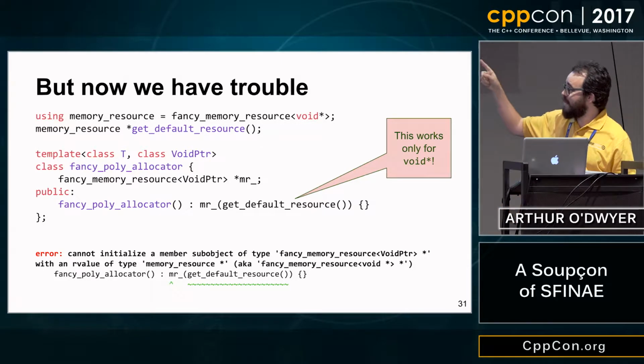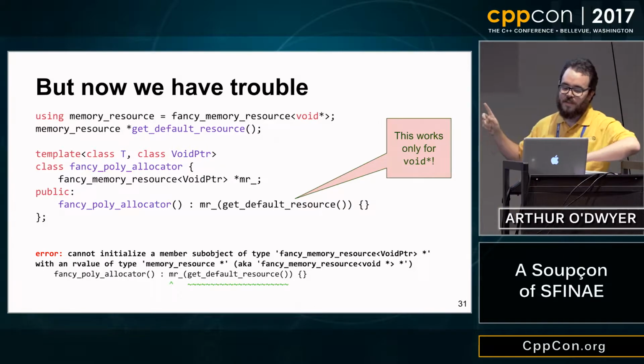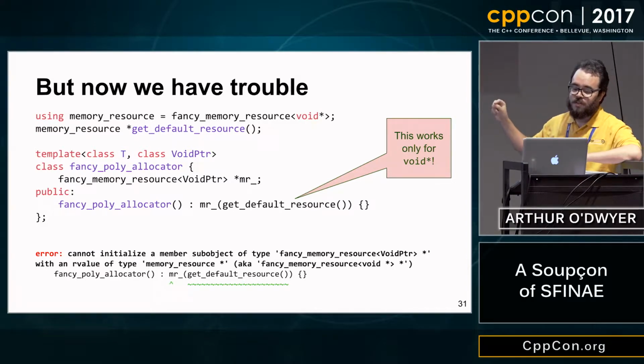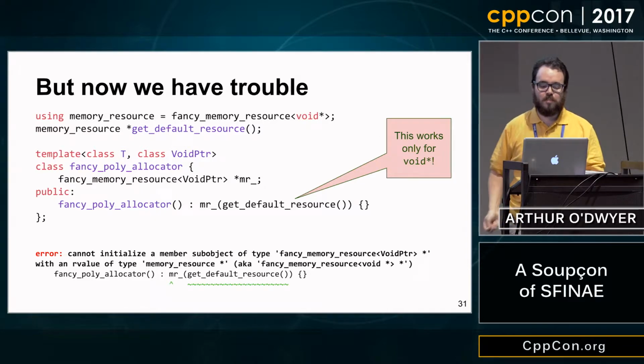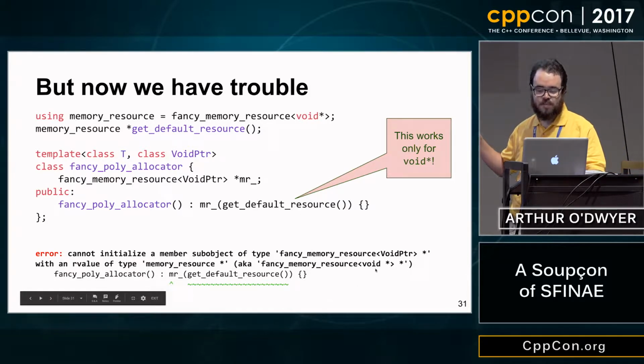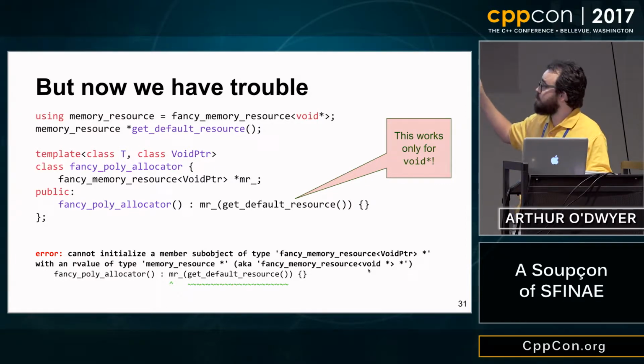Now in our fancy polymorphic allocator, which is now templated on the fancy pointer type, we now have a pointer to a fancy memory resource, but our default constructor is still trying to initialize that pointer from get_default_resource, which is this global function that returns a memory_resource star. And that works great as long as you don't use fancy pointers, like much of the STL. But in this case, if you try to instantiate the shmem allocator we saw on the last slide that tries to use Boost offset_ptr, you have a problem. You can't convert get_default_resource, which is a plain memory resource, to a pointer to a fancy memory resource,